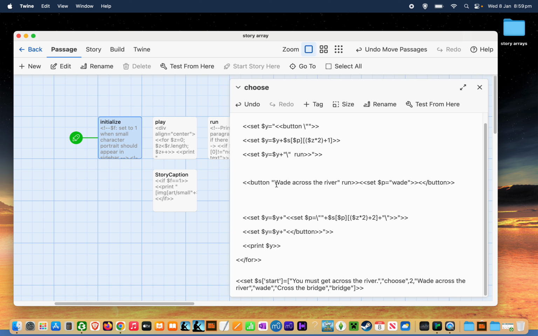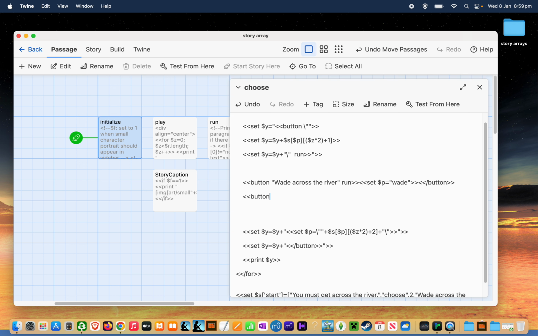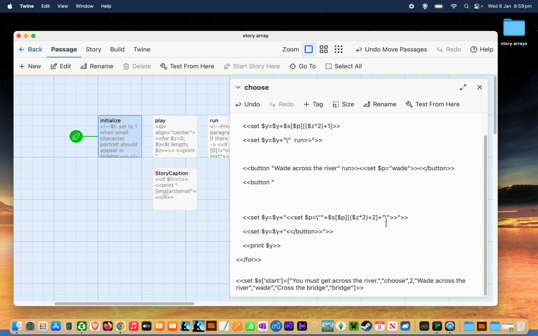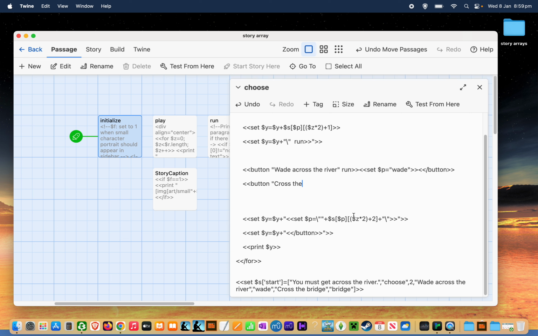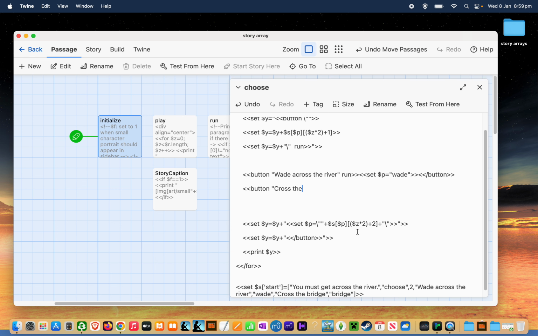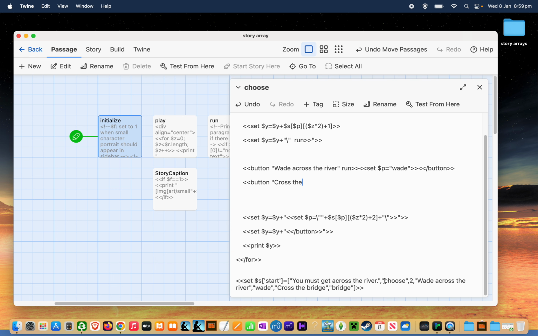So it would print something like this. Make a button. The text on the button is wade across the river. The button sends you to run. If the button is chosen, we set the paragraph to wade, and then this is the end of the button. And then on the next run, it would do something very similar, except instead of wade across the river, z times 2 plus 1 would be 5. So 0, 1, 2, 3, 4, 5. And it would say cross the bridge,